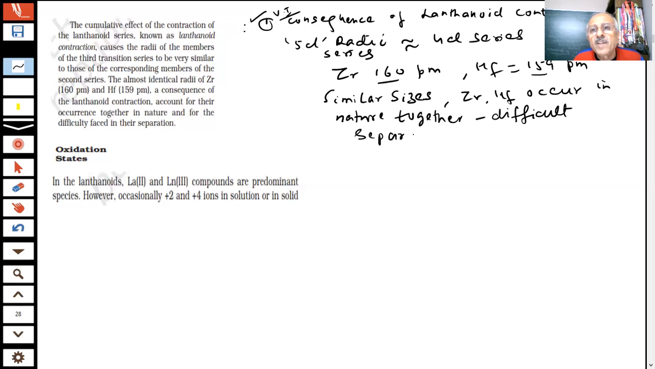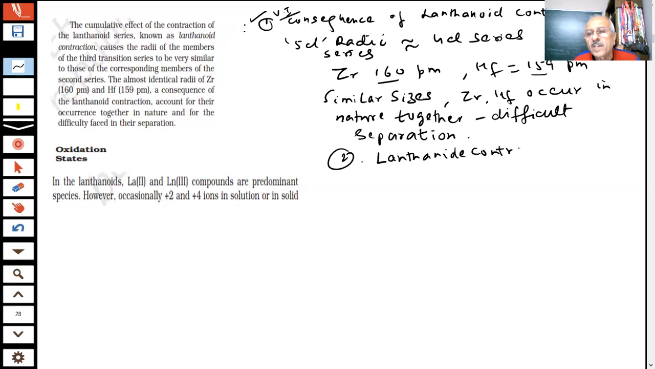Because ultimately you want to separate the elements. Then how will you separate? If the sizes are the same, then they are together, and it will be a difficult task to separate them. But in this case, the second consequence which I want to tell you, the second consequence of lanthanoid contraction, student,